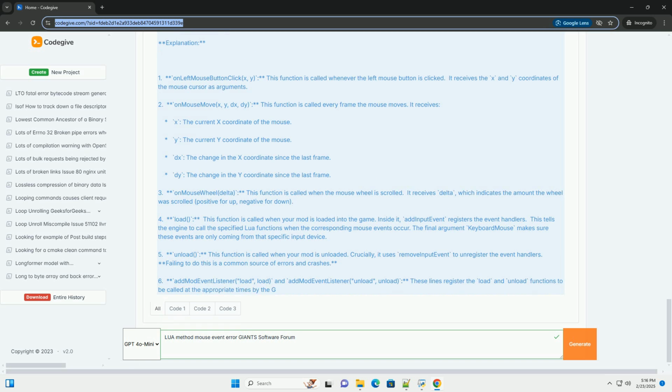MOUSE_BUTTON_LEFT, left mouse button click. MOUSE_BUTTON_RIGHT, right mouse button click. MOUSE_MOVE, mouse movement. MOUSE_WHEEL, mouse wheel scroll. Input source: an optional argument that allows you to specify which devices you want to capture input from. Keyboard mouse is the one we want. Here's a basic example. Explanation: